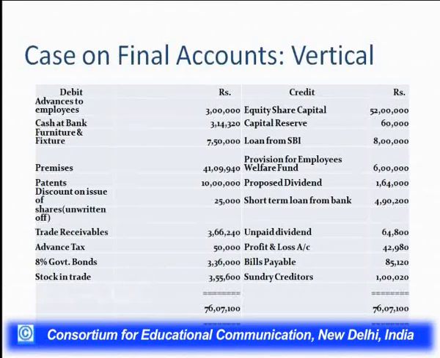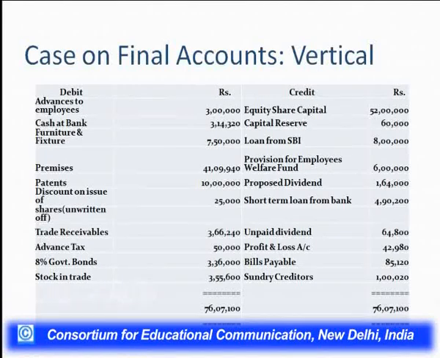Then we have trade receivables 3,66,240, advance tax 50,000, 8% government bonds 3,36,000, stock in trade 3,55,600. So, total of this side is 76,07,100. Credit balances given are equity share capital